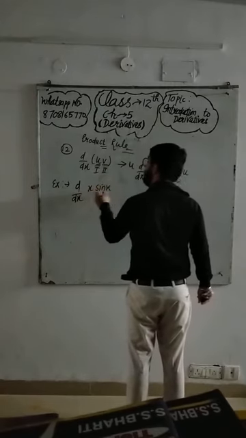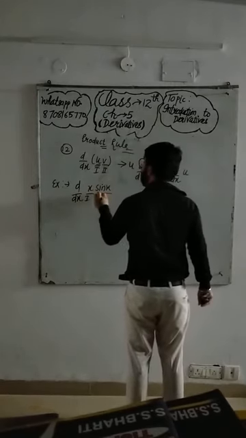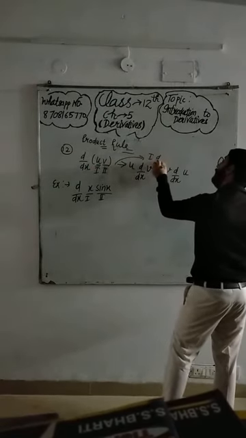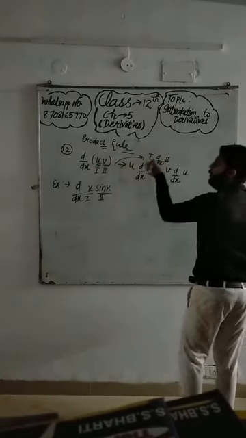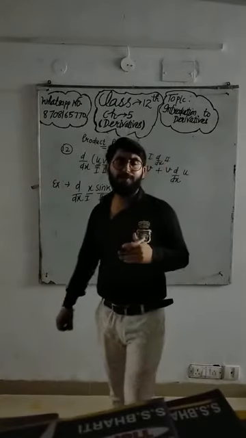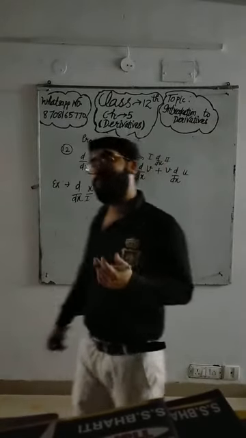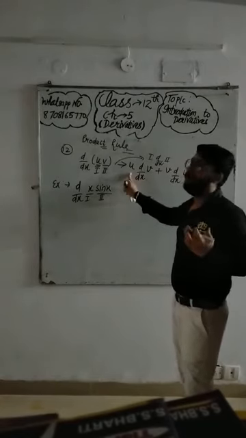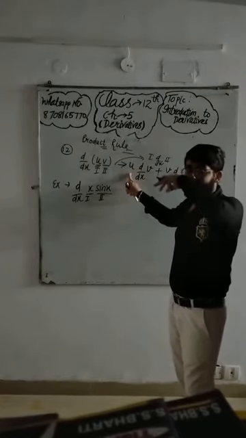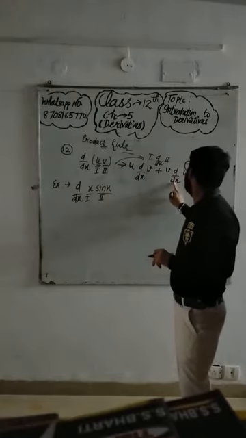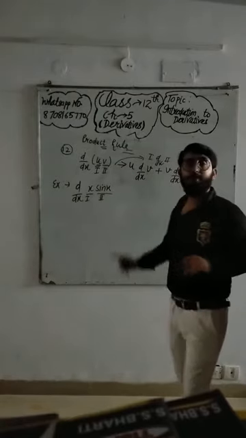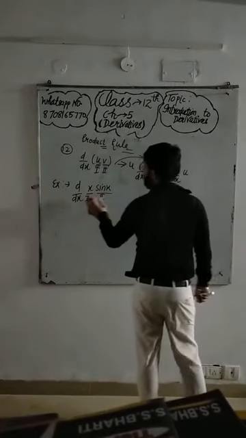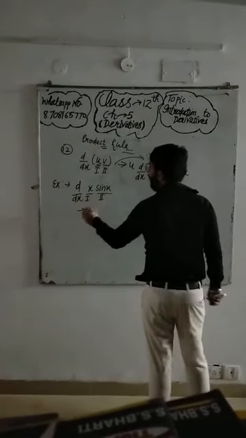Okay. Suppose the first function is x and the second function is sine x. The formula is first into derivative of second, or you can also say u into derivative of v plus v into derivative of u. If you are doing the derivative of v, the u remains unchanged, it will be as such. If you are doing the derivative of u, then v will be as such. Okay, clear? Now ddx of x sine x, suppose we are to do, then how will we do?